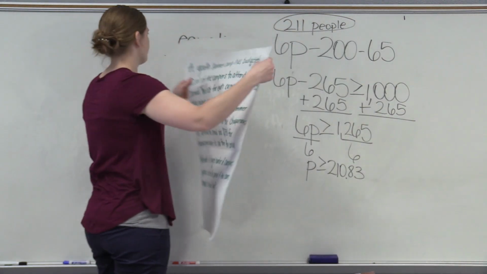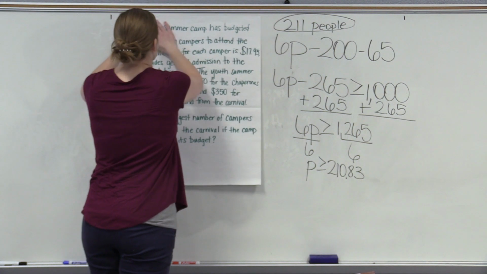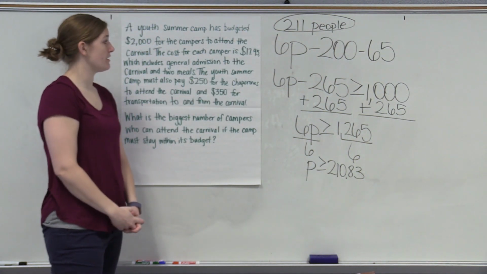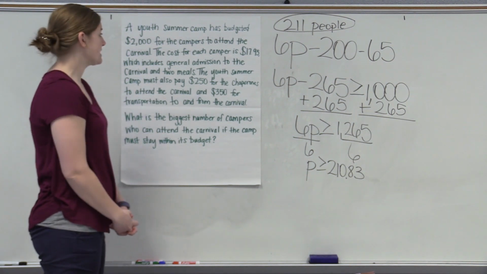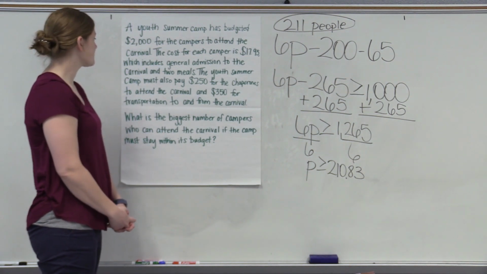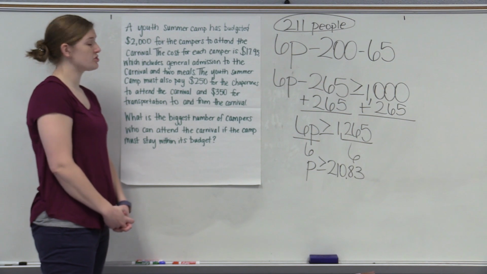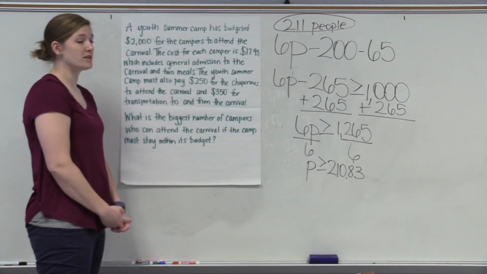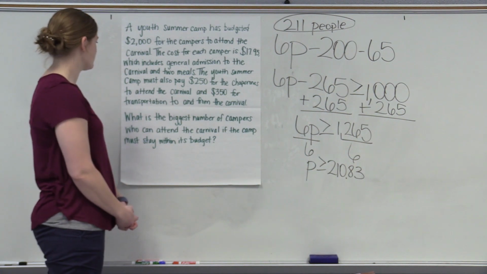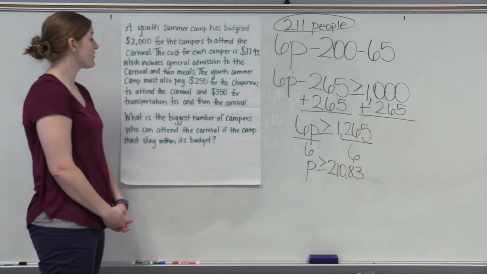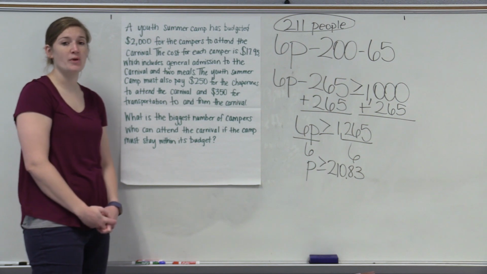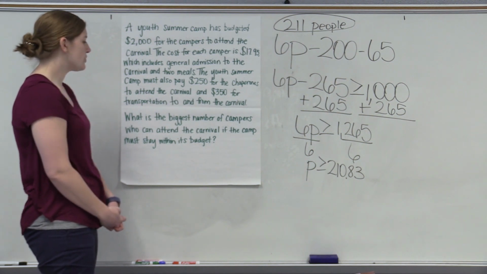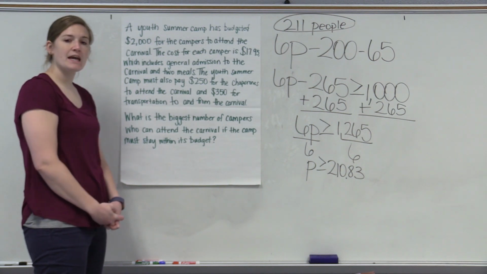Here's our second problem. A youth summer camp has budgeted $2,000 for the campers to attend the carnival. The cost for each camper is $17.95, which includes general admission to the carnival and 2 meals. The youth summer camp must also pay $250 for the chaperones to attend the carnival and $350 for transportation to and from the carnival. What is the biggest number of campers who can attend the carnival if the camp must